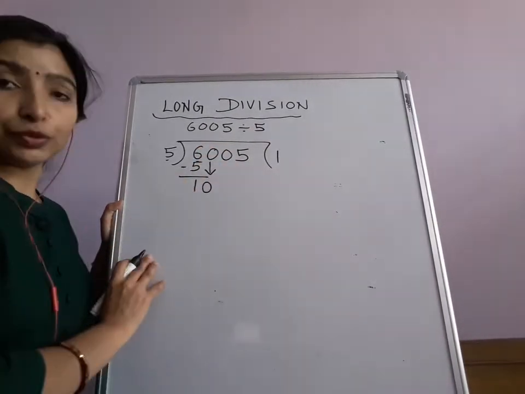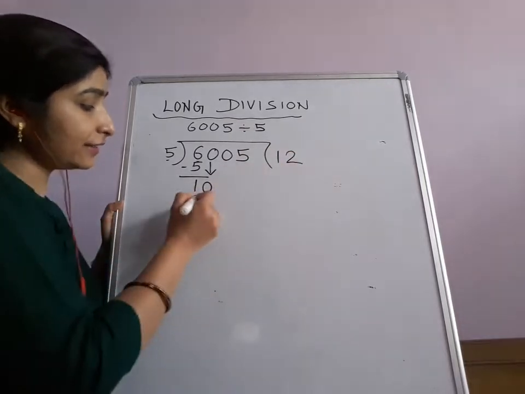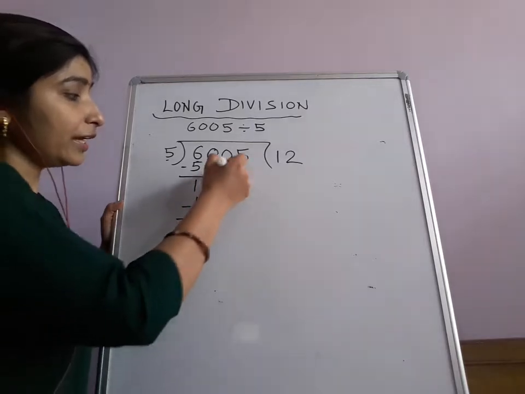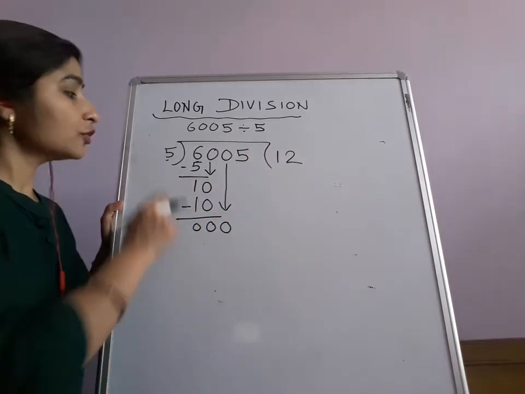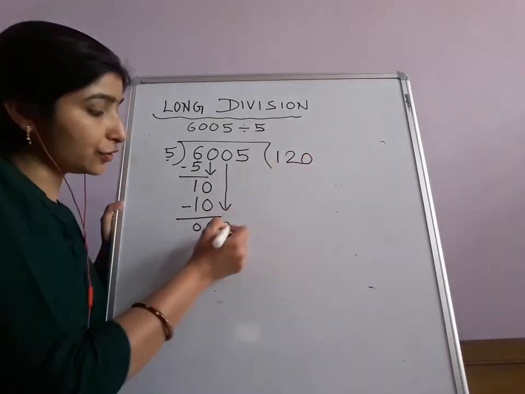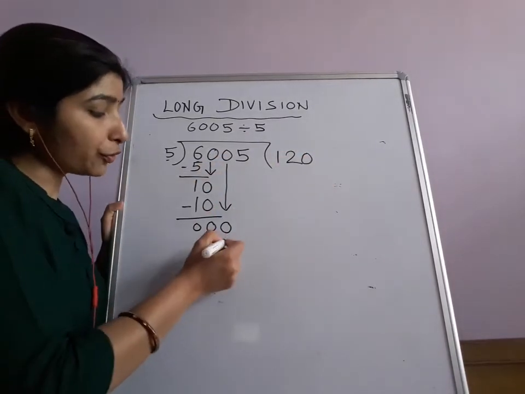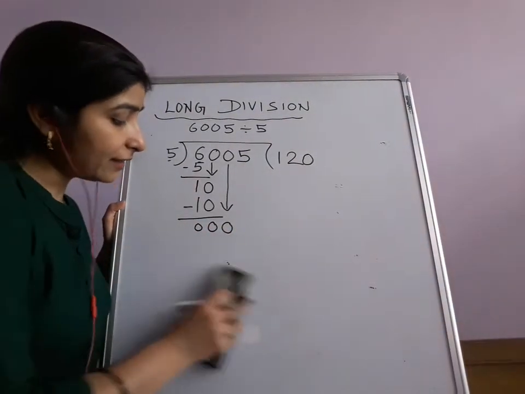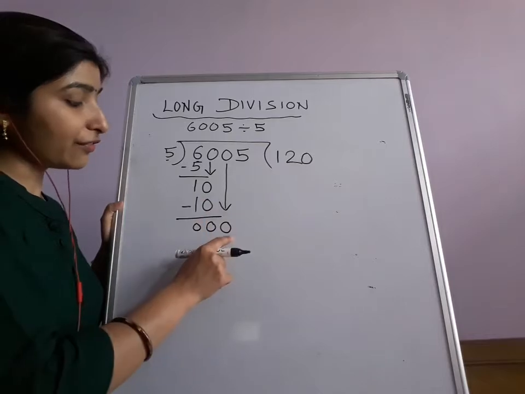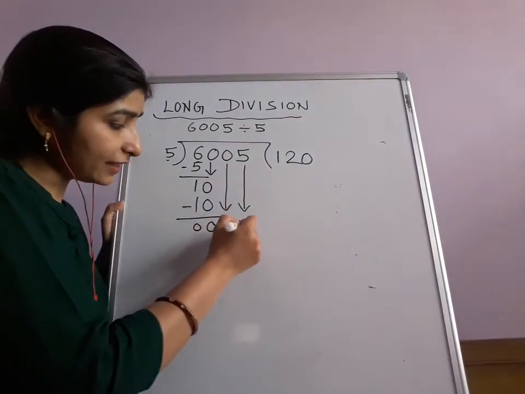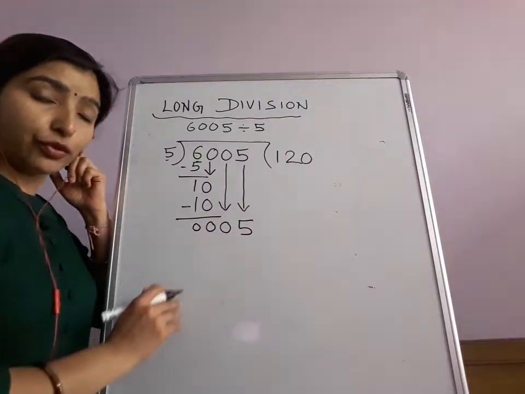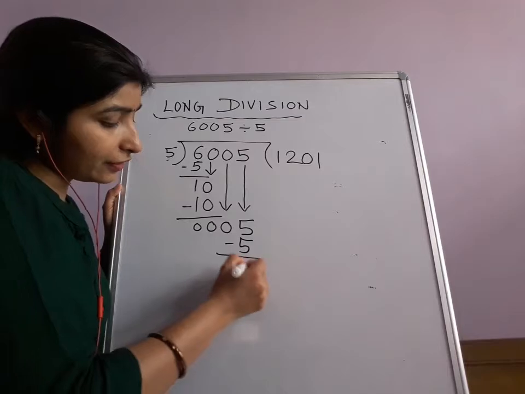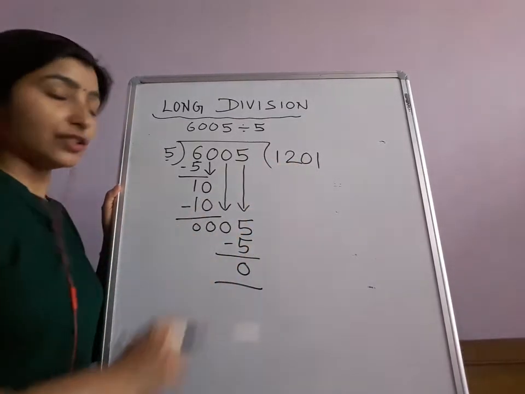Now bring down this 0. Now 5 twos are exactly 10. So when you subtract 10 minus 10, it is 0. Now bring down this 0. In the 5 table, 5 zeros are 0. You can skip this step also, or you can write down 5 zeros are 0. If this is not coming in the 5 table, you have to take the second digit together and put 0 here. So 5 zeros are 0. Now 5 ones are 5. So this is the answer.